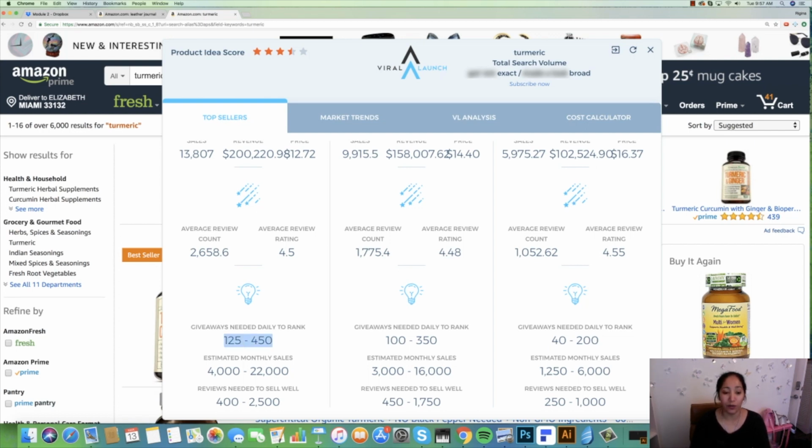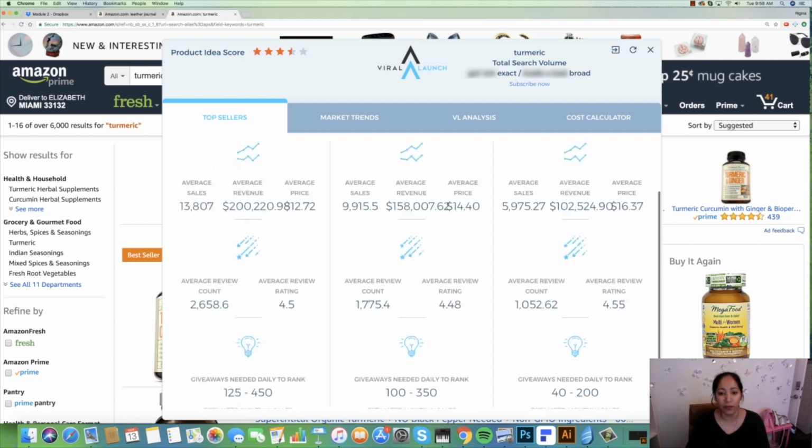In this case, you would have to do over 125 to 450. You can also generate that via PPC, but that's quite a bit. If you are in the top 5, your estimated monthly sales will be between 4,000 and 22,000 units, and the reviews that you need to actually be able to sell well in the top 5 are between 400 and 2,500,